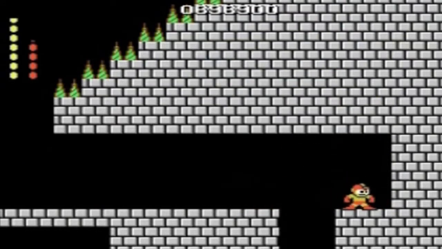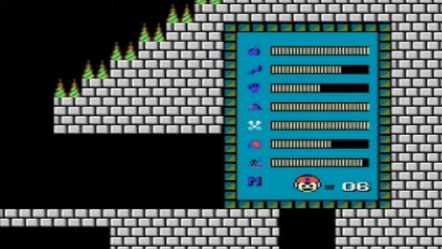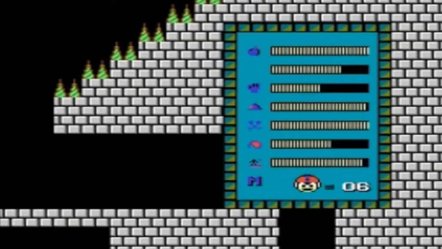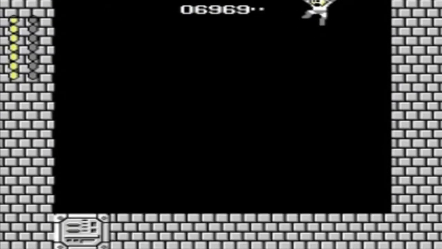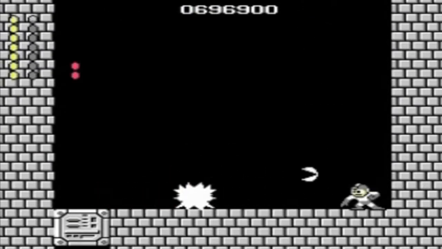So now we're finna face off against Elect Man again. And as you remember, folks, his weakness is the Rolling Cutter. So equip that with yourself, and you'll be okay. I had to check and make sure I had the Rolling Cutter equipped, because they don't have